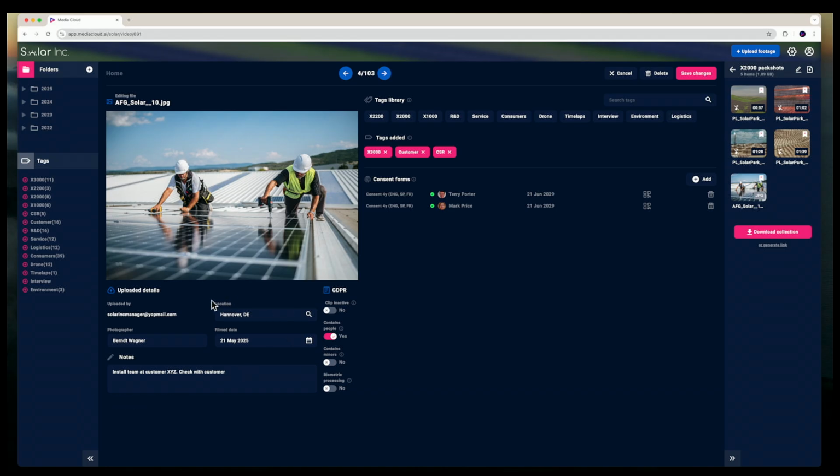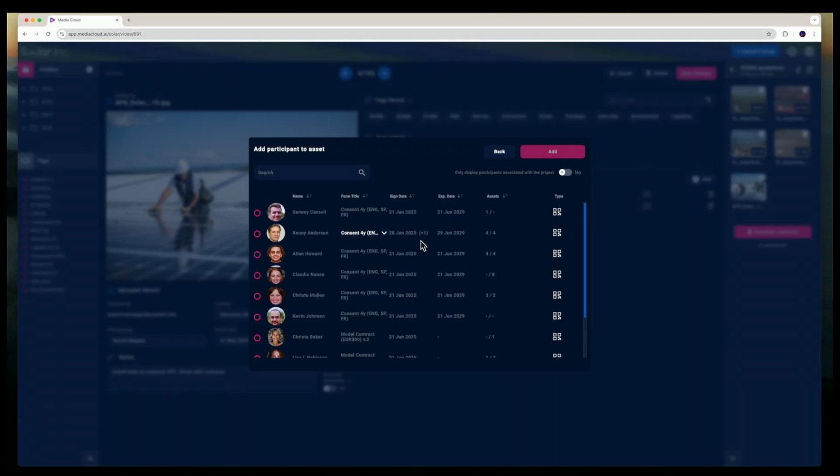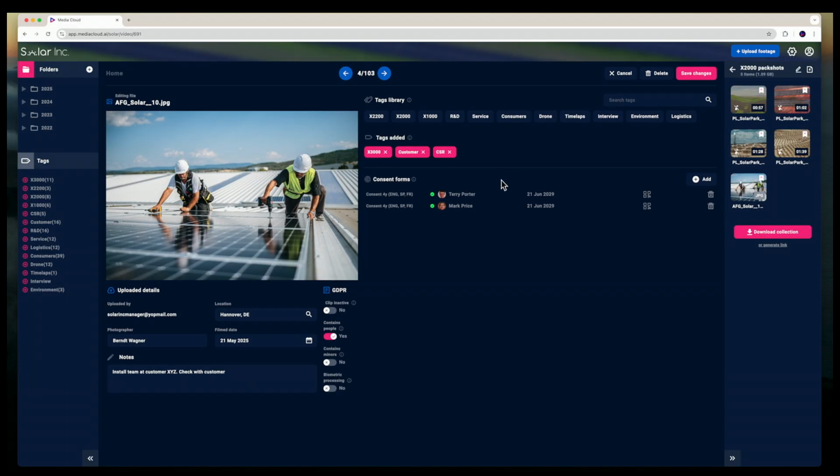Anything on the left-hand side here is the details that we just saw in the previous screenshot, so we can just edit that here. Our customers typically like to have internal notes about the footage where we can put useful information on how it should be used or any other things that we need to consider for this particular asset. On the right-hand side, we can remove or add more participants to be included for this particular footage. For now, we just know that these are the two guys that are in this footage.